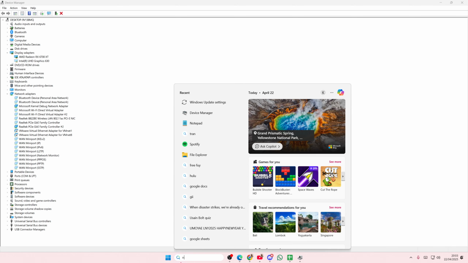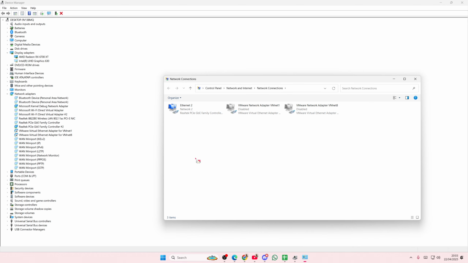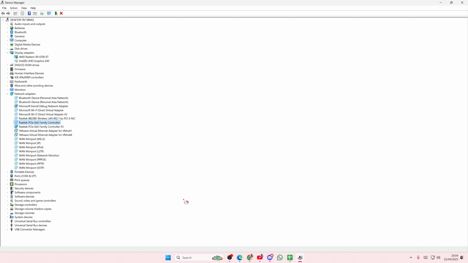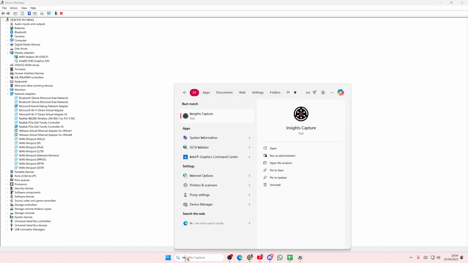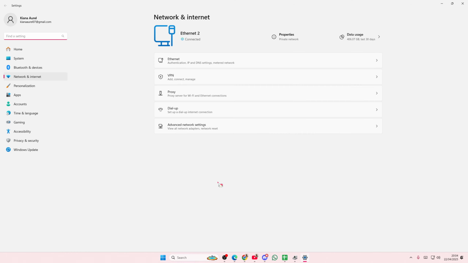If that still doesn't work, just go to network settings, view network connections, and as you can see, some of it is disabled. You can enable your wireless adapter there. If you still can't find it, you go to Network and Internet, and you're just going to